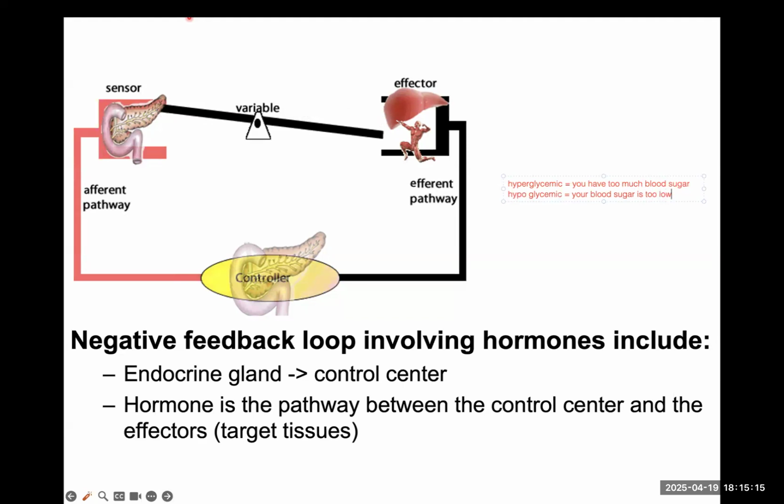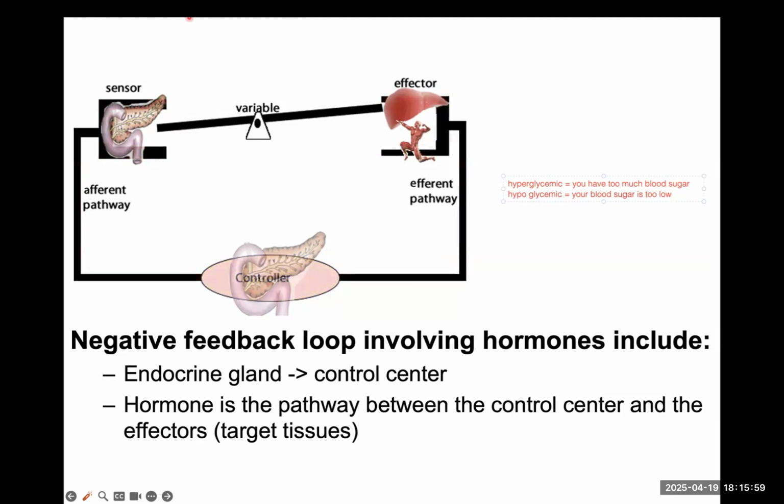Somebody who is diabetic is diabetic because their blood sugar level is too high. And if they inject themselves with too much insulin and/or they don't eat, then they end up being hypoglycemic. So you can achieve this state by not eating. If you don't eat, your blood sugar is too low and you're hypoglycemic and you're hungry, and that comes from a hormone being released by the adipose tissue. You can also achieve that state if you're injecting yourself with insulin. If you inject yourself with too much insulin, the blood sugar is going to drop, and because it's being absorbed by the liver, you go into a hypoglycemic state, basically a shock. You might even faint if your blood sugar level is too low.